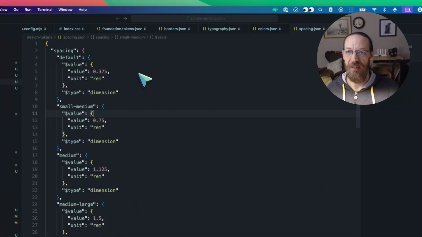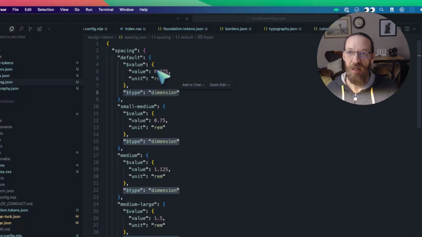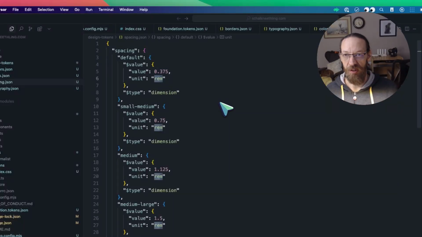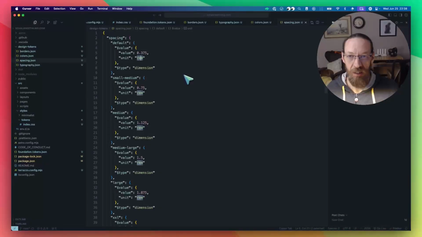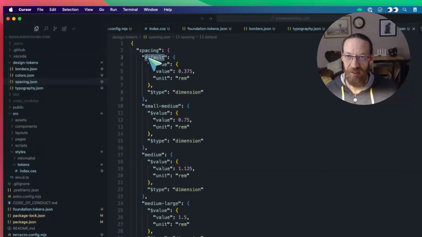Yeah, so with spacing, as I mentioned, there isn't a type called spacing, but there's a type called dimension. And you can use that to set up your spacing, because now we can set a value and we can set a unit, which is critical. Like maybe you want to do it in pixels, maybe you actually want to do it in rems, which is the preferred way. Oftentimes your names would be something like, let's for example,